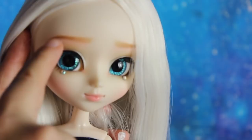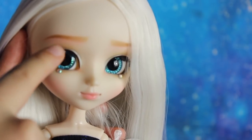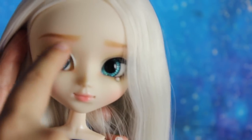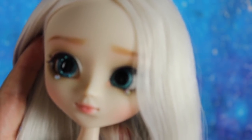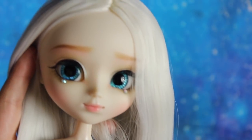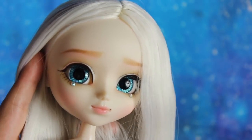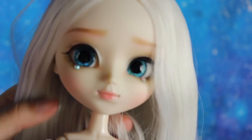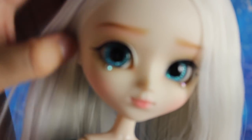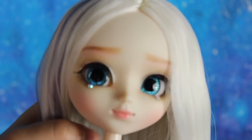So it's darker on this side because the crossing is also dark brown, and then toward the center you have more spaced lines and a little bit of white, which is so cool. And the shape of the eyebrows is also very different. Under the eyebrows, she has this light pink color